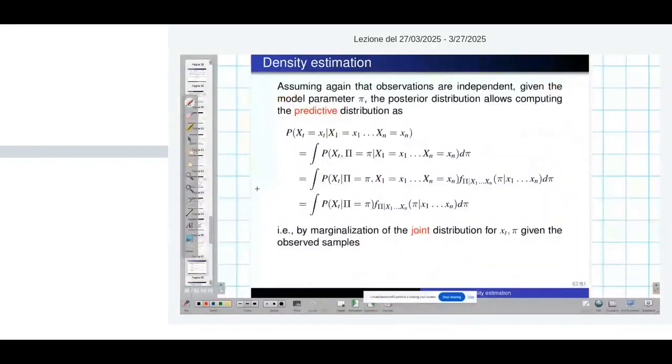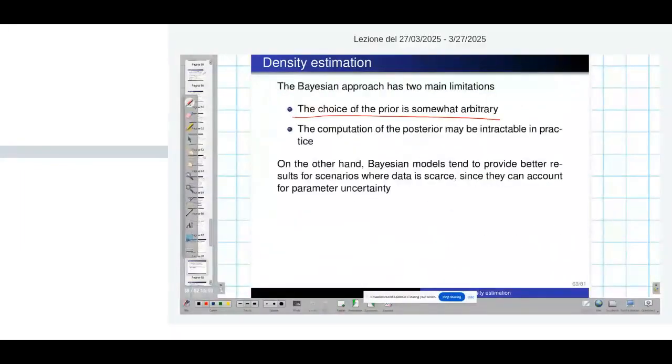Now the real problem is two problems. The first, how we choose the prior. Before I said, let's say that all the values are equally probable, but we can show that this may not be the optimal choice for the kind of problem that we are considering. The prior should reflect my prior knowledge. How should I select a prior when I have no prior knowledge? This is a problem on its own, which has some solutions, but again, there is discussion on which is the best solution. And then, for us, the main issue, and why we will not see these models, is that